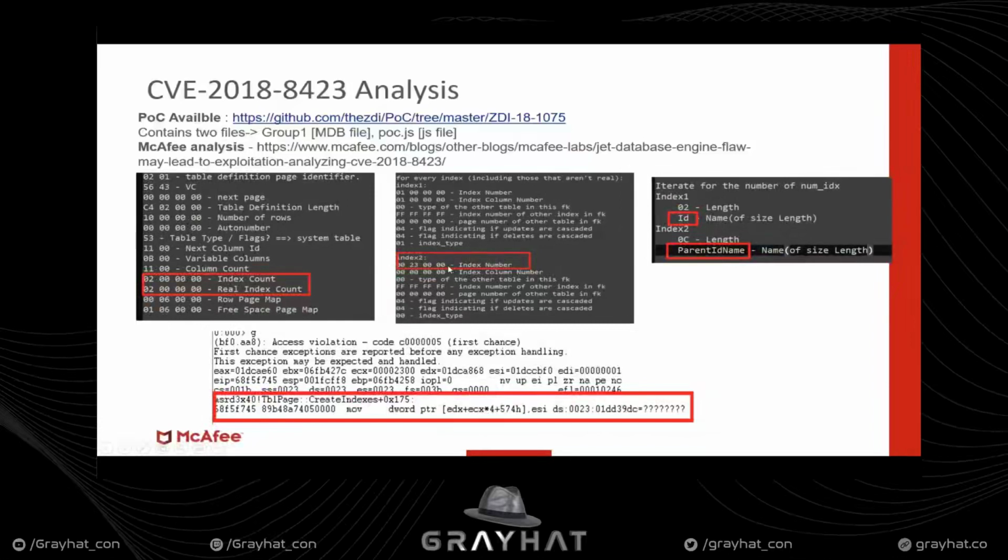00230000. Each index number has a name. That is in another structure where, as you can see, there is a name length and then the actual string, like id over here. Then for the second index its length is 0c and the name is parent id name. So when you run this POC, when you open this JS file under the WinDBG debugger, you will see a